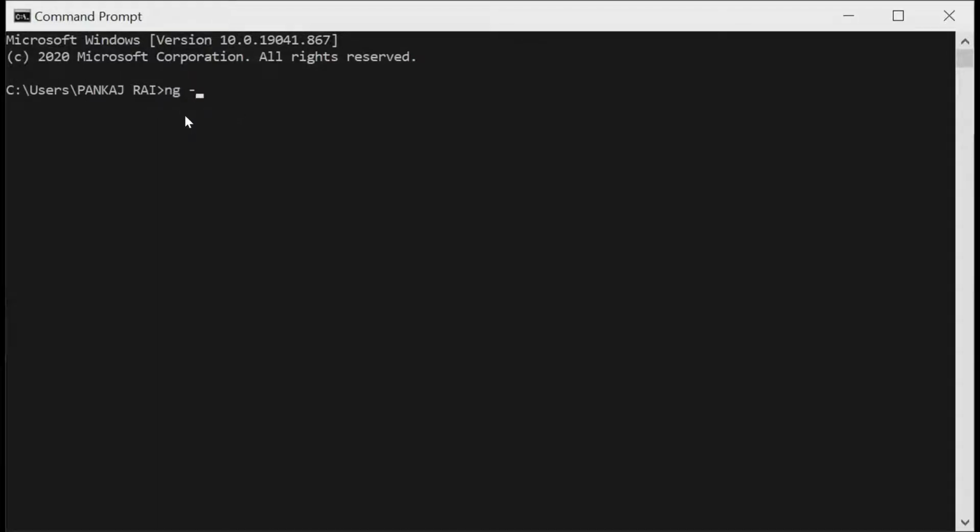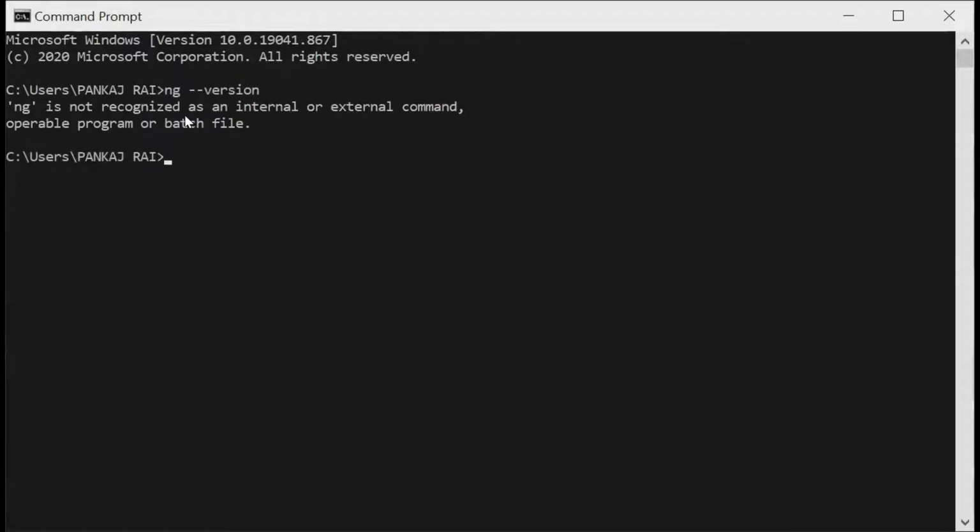Pankaj, you don't need to open the command prompt. You can do this scenario in the VS Code terminal too. So please open the terminal from here. Actually, first I need to create a project, then I can open the terminal, right? Yes, you can also create it in the VS Code terminal. Both are the same, but what is the need to open the command prompt if I already opened VS Code? Okay, let me know what I should do now.